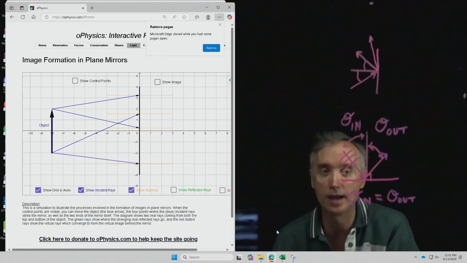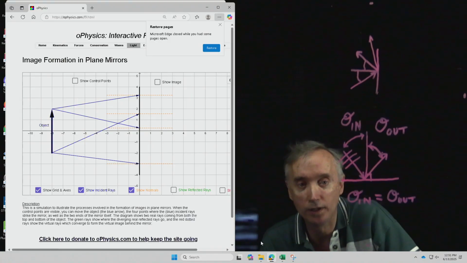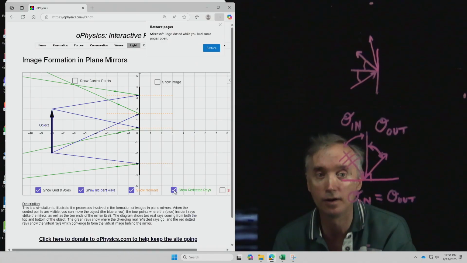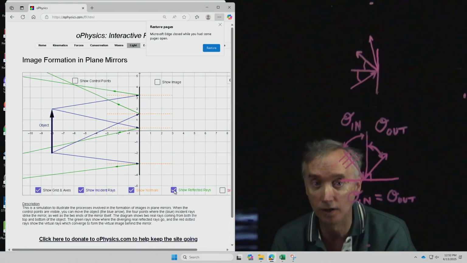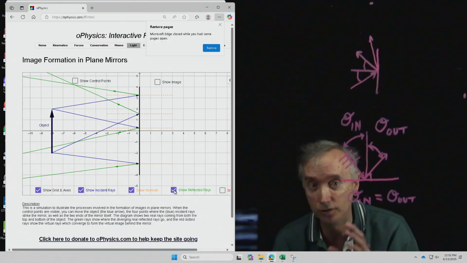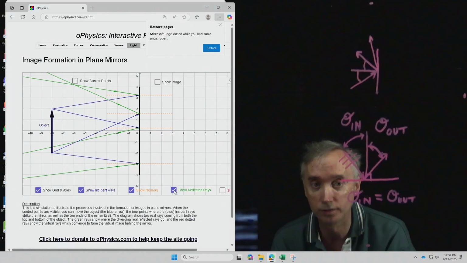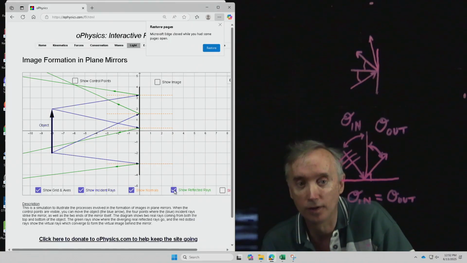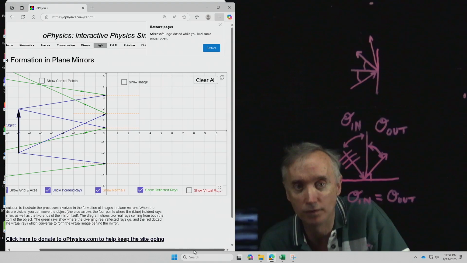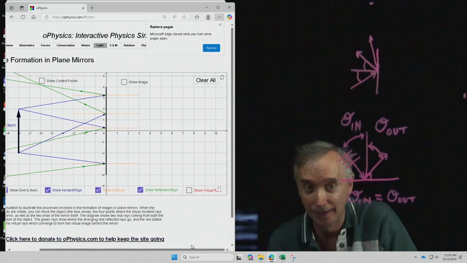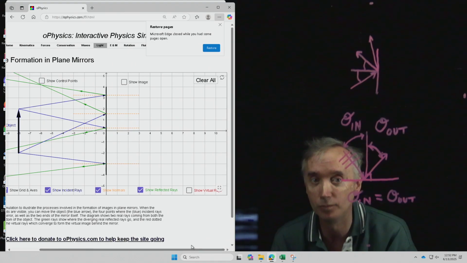Okay, so now we're back to the original simulation. And now we can click on this. And there are the reflected lines for each of the blue ones. And so now you can check your work to see. Okay, now the next step is we are going to take each of those green lines and extend it behind